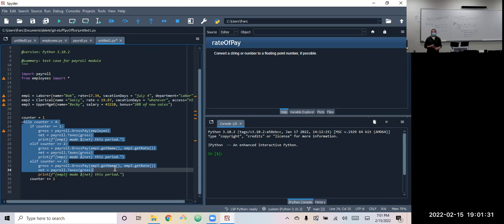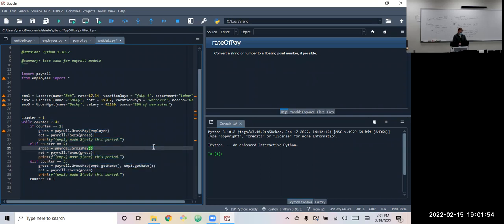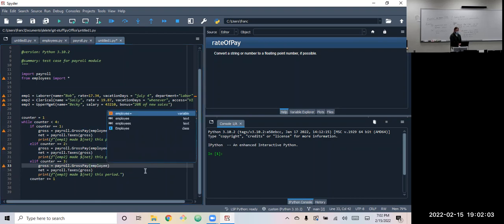So now that we're using it, we don't want to think about those fine details, like the name of the method to access the rate of pay. We just want to, okay, we have our data. Let's pass that data all in as the single item to the method that accepts that single item. Hopefully that analogy made sense.